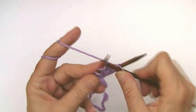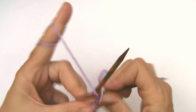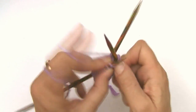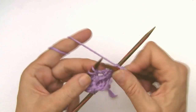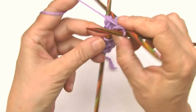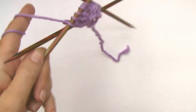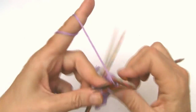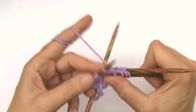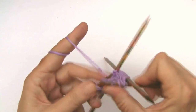When I have 12 stitches on every needle, I divide the stitches to 4 needles and we just knit the yarn overs and we keep the holes. So now it's very easy again, as we have 8 increases per round. We have 4 needles,